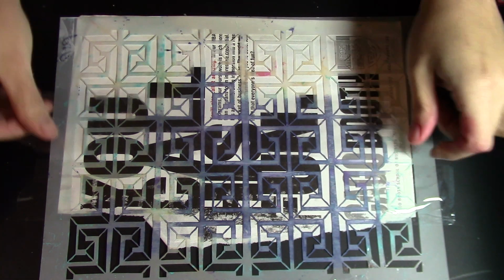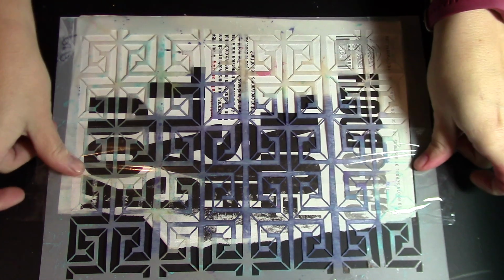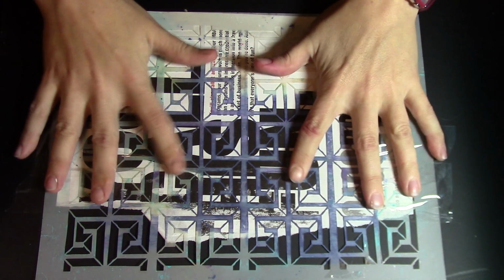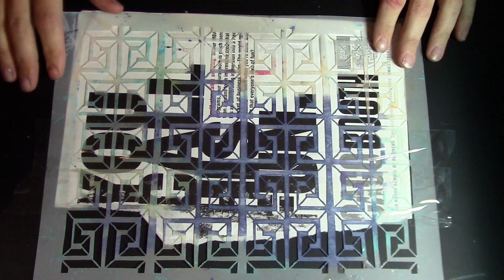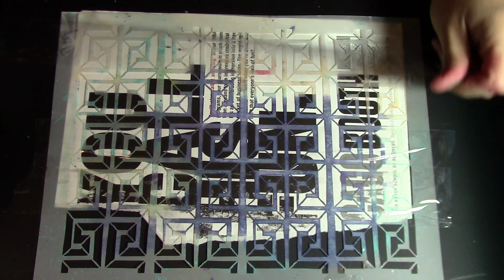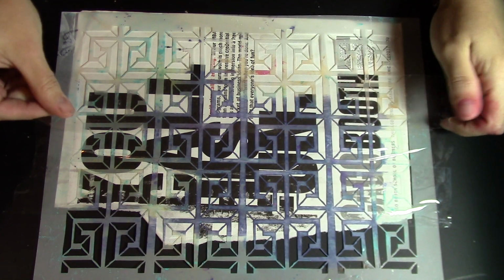Now whether you're doing a gel medium transfer or packing tape, I know there are transfers out there with Chartpak markers, all those goodies. You have to be okay with the fact that transfers are not a specific science. So you have to be okay with how it turns out. Now, the fun thing about using a stencil